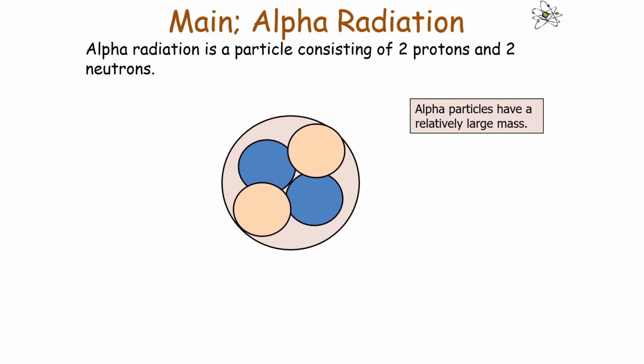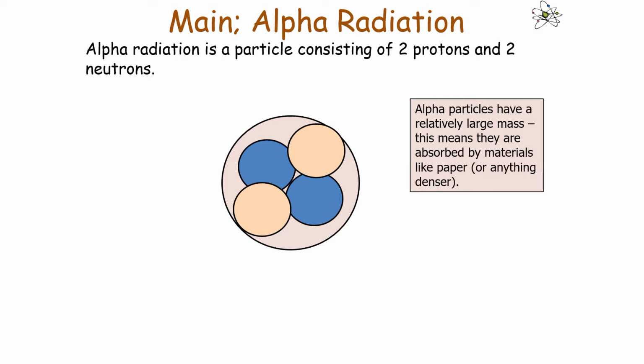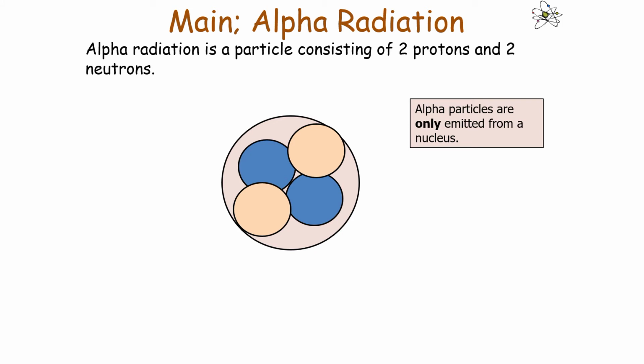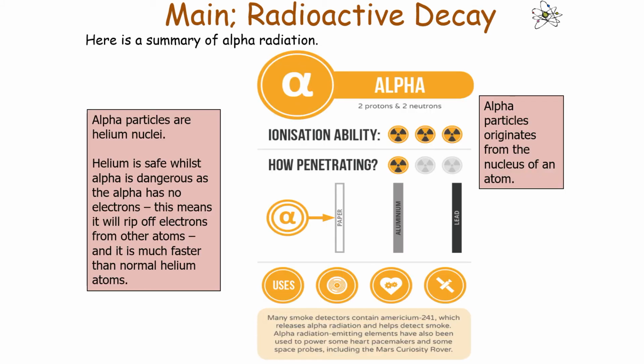Now the alpha particles have a relatively large mass, which makes them highly ionizing, but they can only travel about 5 centimeters in the air. Now because alpha particles have a relatively large mass, this means they are absorbed by materials like paper or anything denser. Now alpha particles are only emitted from a nucleus. So alpha particles are helium nuclei. They are 2 protons